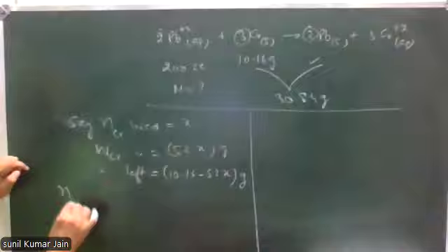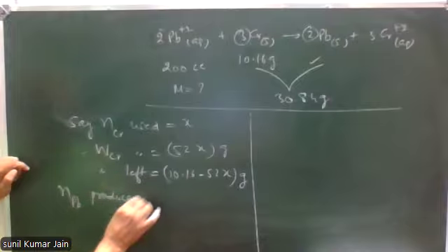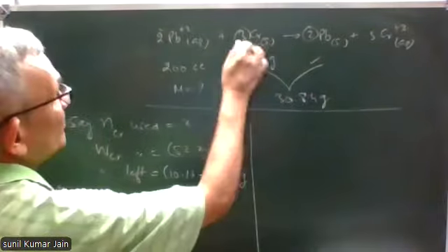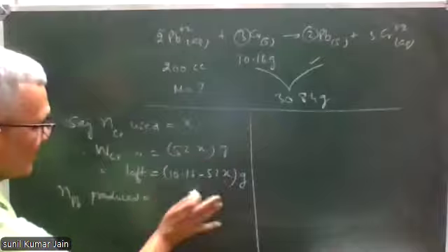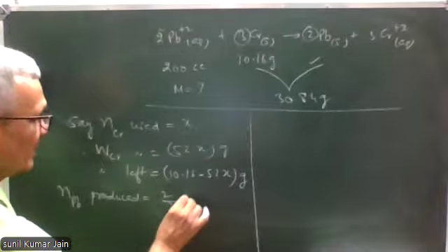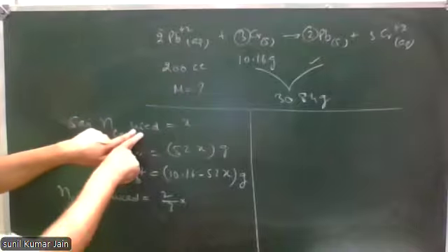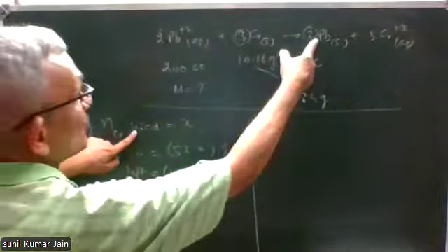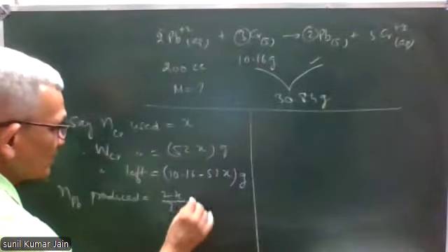The number of moles of lead produced will be 2 by 3 into X, right? Chromium used is X. 3 gives 2, X will give how much? I can say 2X by 3